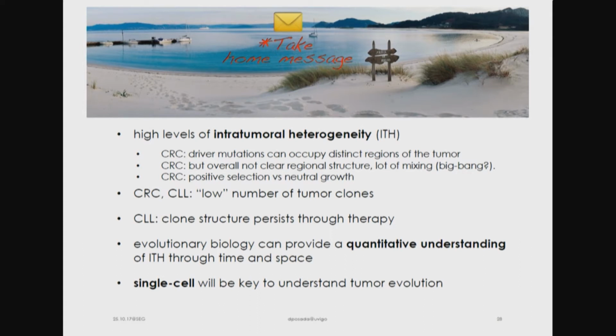There is a lot of mixing, which might suggest a hypothesis, at least for colorectal cancer, which, you know, is a glandular tumor. There are crypts, glands, so there are spatial barriers. There is a particular structure with the stem cells at the bottom and the others, which might prevent full expansion. There is a theory called the Big Bang, in which all clones are old. So at the very beginning, many clones appear, and then they have time to mix. So the fact that we have a lot of mixing and similar heterozygosity levels across the tumors might suggest, in fact, that you get a lot of clonal expansion, many different diversifications at the very beginning, at the early life of a tumor.